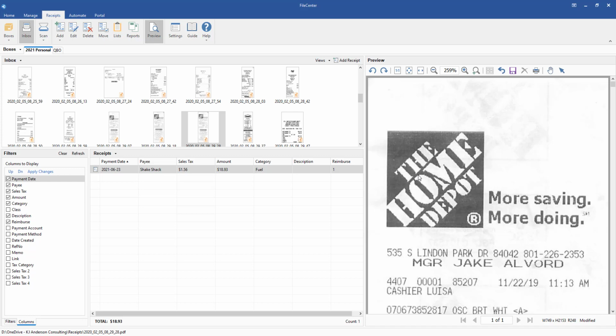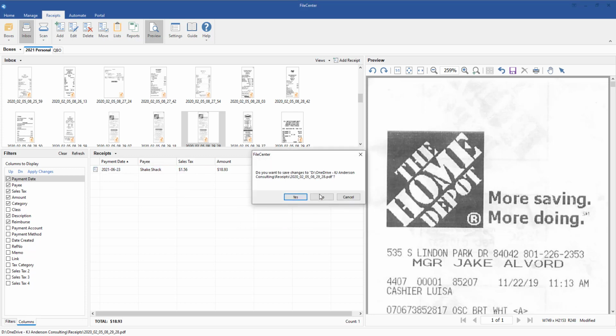There's a question here on whether or not you can actually append invoices to receipts. So you can. In fact, if you come up here, you can right click and you can say that you want to add a blank receipt. Well, that's a blank receipt, but you can also append a file to a receipt. Sometimes, for instance,